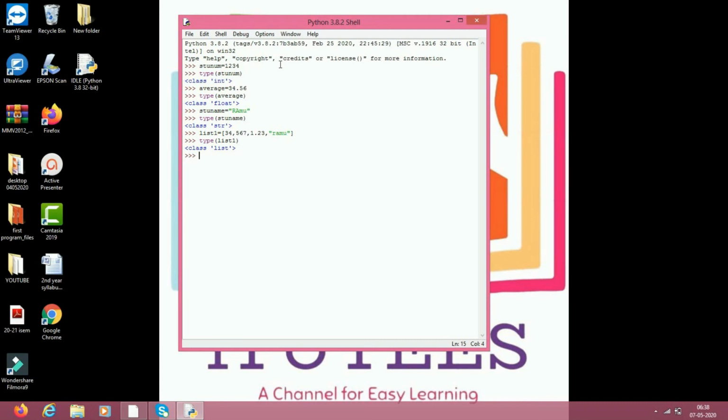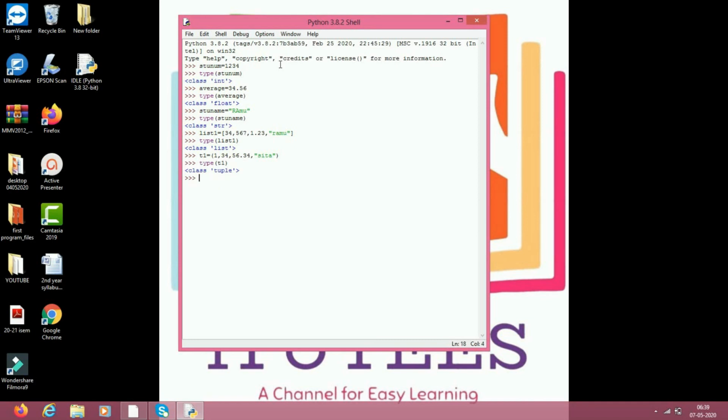Another data type is tuple. A tuple is also similar to a list. t1 equals to 1, 34, 56.34, Sita. Which type is t1? It's a tuple. Another data type is dictionary.